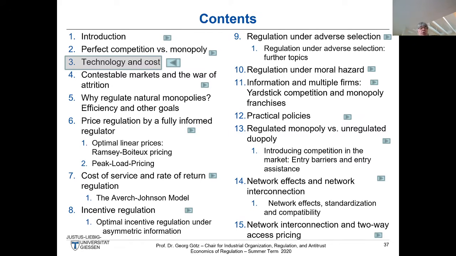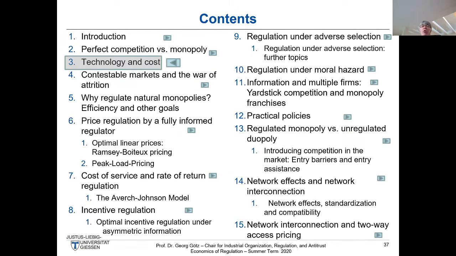What we also discussed were some concepts related to the production function, economics or returns to scale, and in particular what is more important for economics of regulation and of network industries is the concept of economies of scale. And of course we also introduced the economies of scope. Actually that's what we are going to introduce today. I was too quick. What we introduced was the scale economy index, which is just average cost over marginal cost. So we have economies of scale if average costs are downward sloping and above marginal cost.